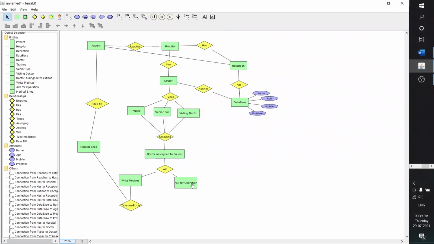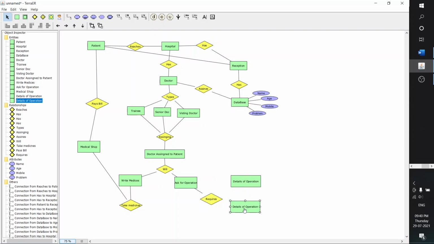So details for the operation here, ask for the operation requires details of operation, and then room available.